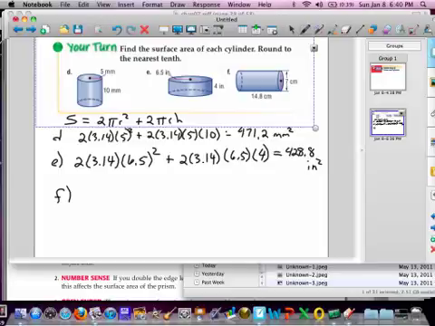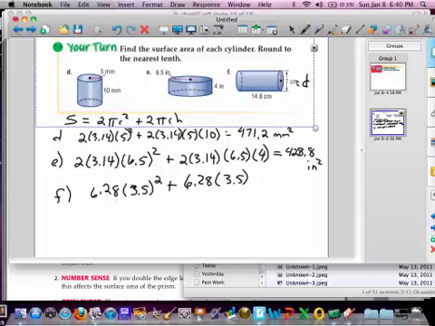All right, let's cheat on this one. Instead of 2 times 3.14, I'm going to say 6.28 times, 7 is not what we want to use. We want to use 3.5 squared, because remember, we only want the radius. This is the diameter. We don't want the diameter. Plus 6.28 times 3.5 times 14.8. And if you punch all that in, you should get 402.4